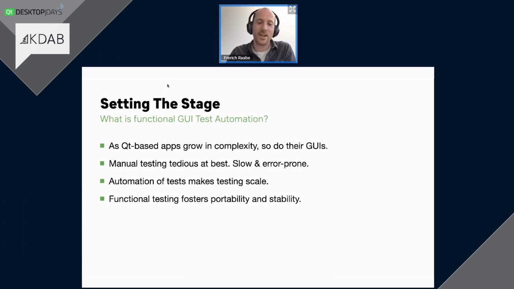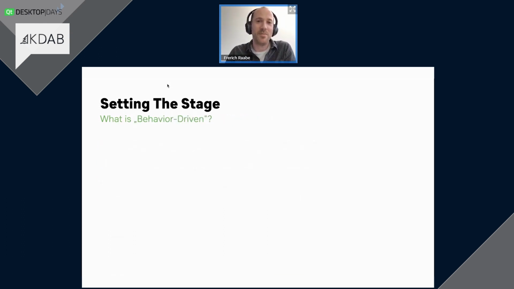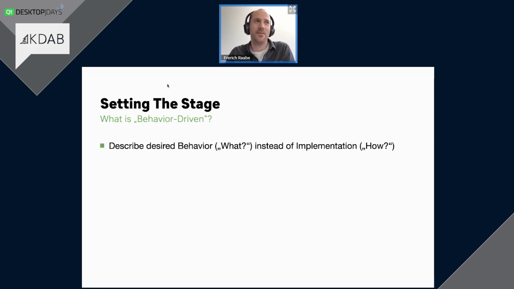So next is behavior-driven. What does it mean to do something behavior-driven? One of the core ideas in behavior-driven development in general and behavior-driven testing in particular is that you describe a test or a task in terms of what the application should do, not how. In the case of a user interface, this could mean that you describe that it should be possible to create a new document, but you don't say how that is done, whether it's a button or a menu item or a toolbar button or anything like that. So you abstract away the implementation of the user interface and just concentrate on the desired behavior.